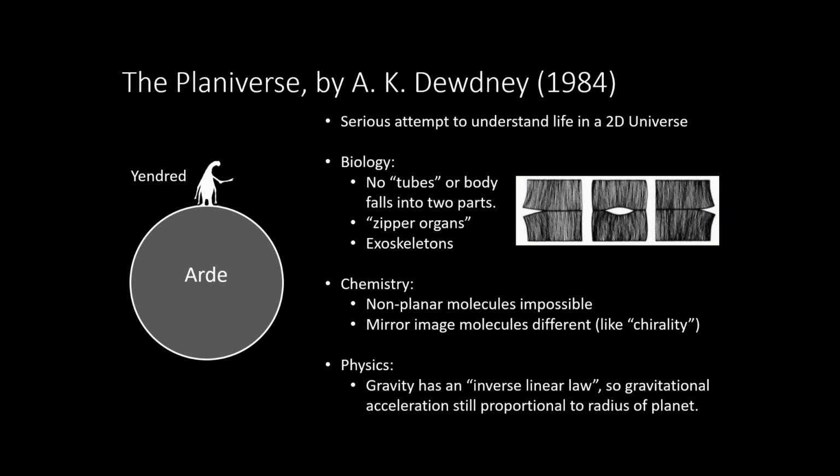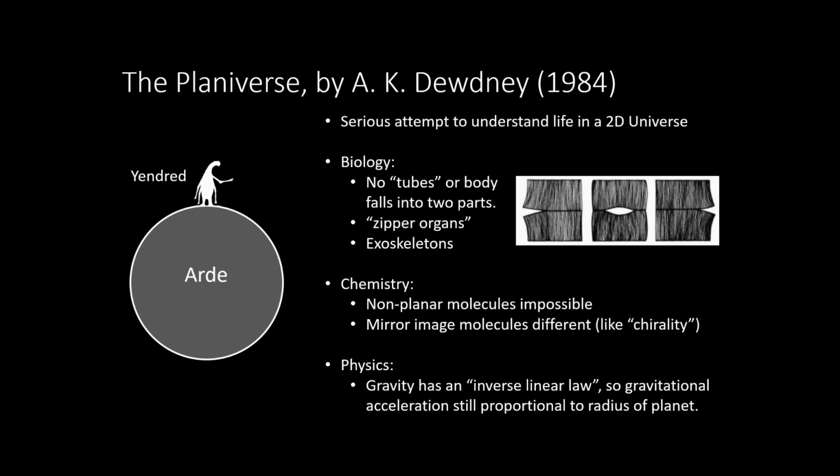So when we're talking about these things that have to be true, the way the book is set up is that the students set up this simulated universe, and then suddenly through some kind of weird universal morphic resonance or something that we don't understand, their computer program is sort of invaded by this person or this creature, Yendred, who is from an actual two-dimensional universe. Somehow there's this way of communicating within the simulated computer universe that we've created. So they start talking to this Yendred, who is from a real two-dimensional universe, and he lives on this planet Arda,